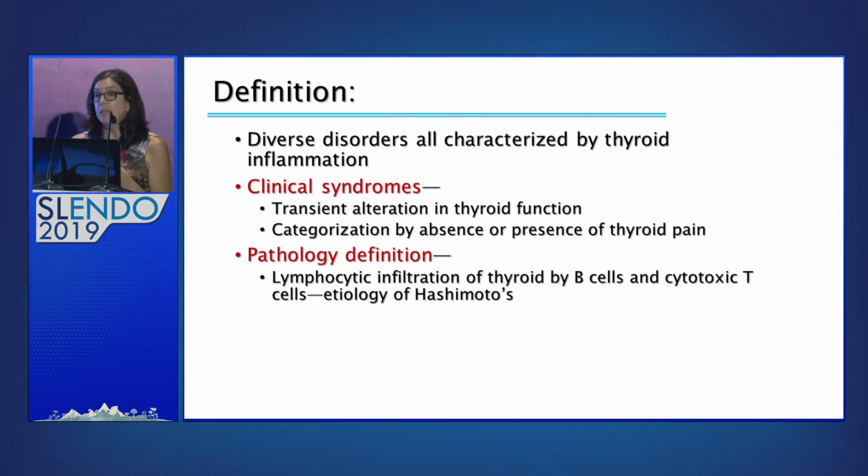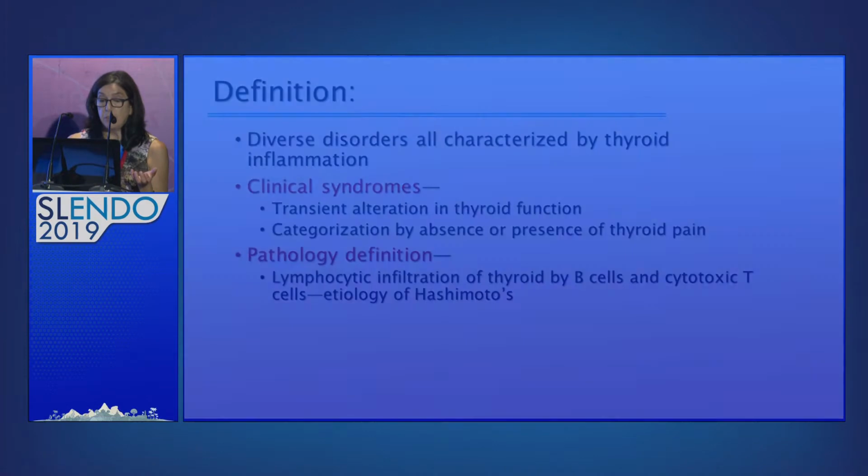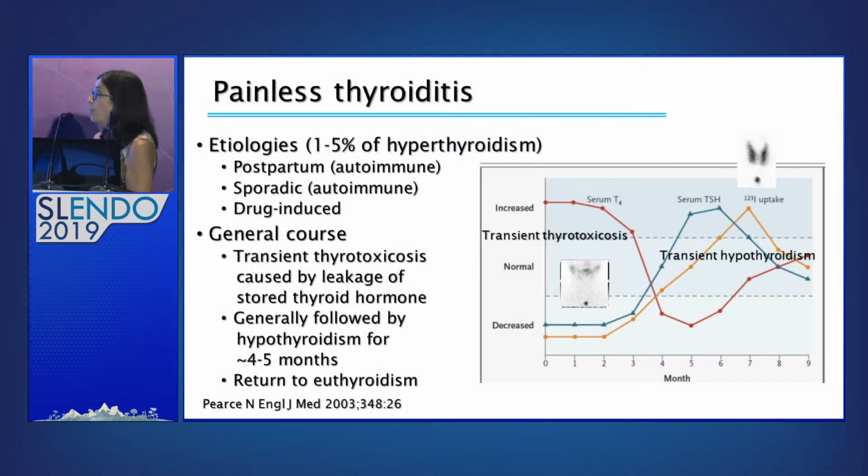When we're talking about a clinical syndrome, we're talking about any sort of transient change in thyroid function. And the way we tend to categorize thyroiditis is by the absence or presence of thyroid pain. When we talk about the pathologic definition, this patient can have absolutely normal or abnormal thyroid function, but you're talking about the presence of lymphocytes, generally B cells and cytotoxic T cells in the thyroid, which is the etiology of Hashimoto's. So we're first going to talk about the clinical syndromes, and we'll start with the one that